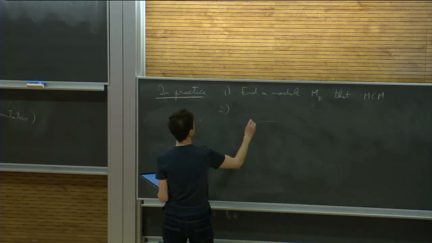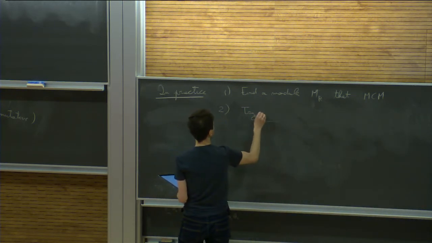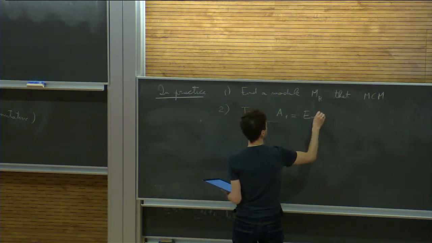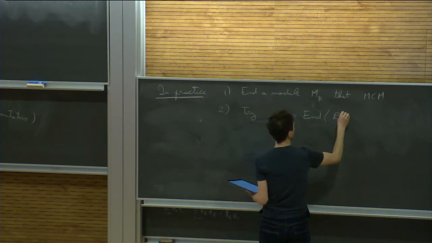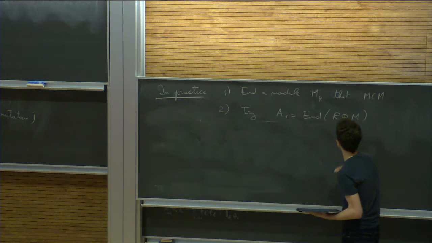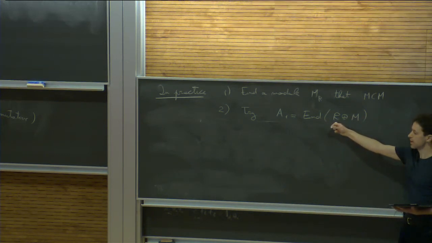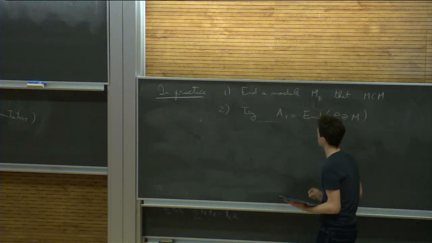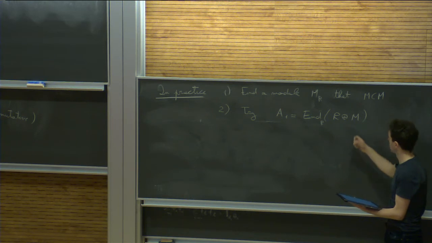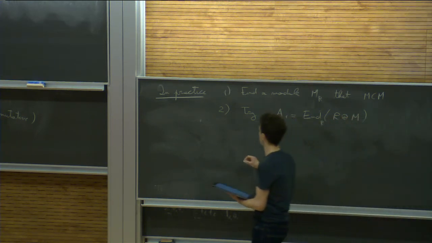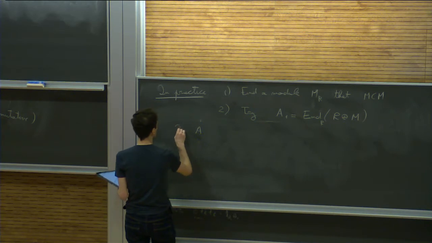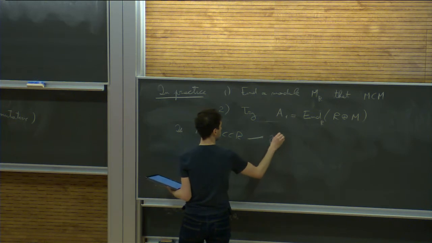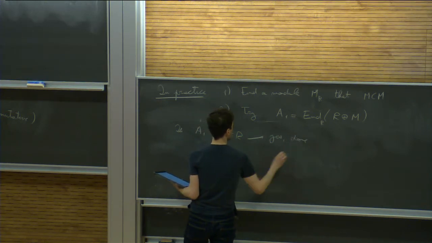The second thing you do is you build a ring out of this, an algebra actually. Let's call it A1. You build it as a ring of endomorphisms of R, the original singular ring, plus this module here. You compute this, and then you test to see if A is an NCCR. If the answer is yes, then you're done. If it's no,